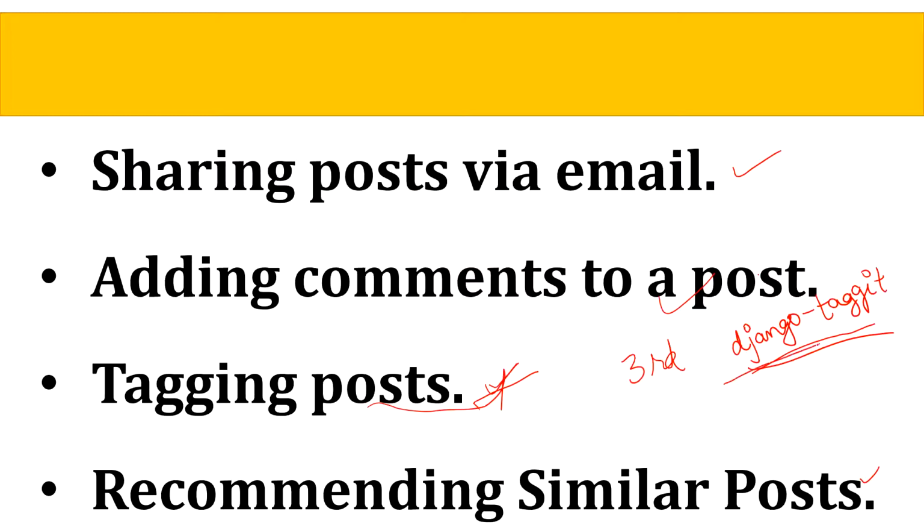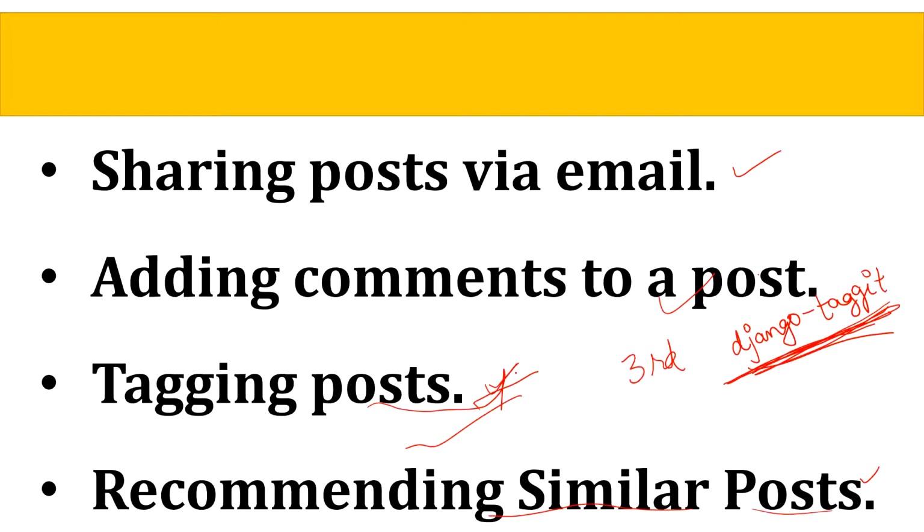Here we made use of Django taggit. Now we will recommend similar posts, how we can retrieve posts by similarity. So after implementing tagging for our blog post, we have many interesting things with tags. Tags allow us to categorize posts in a non-hierarchical manner.